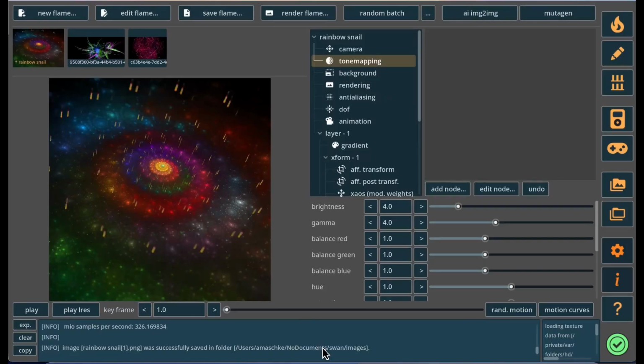Hello and welcome. In this video I want to show how to render flames and what the two most useful settings are to influence this process. Rendering a flame is the process of generating a final artwork from your flame parameters. There is much more to it than just saving the flame as an image,